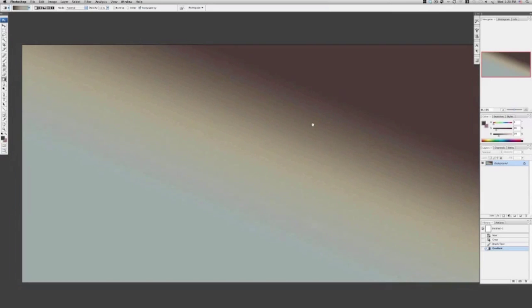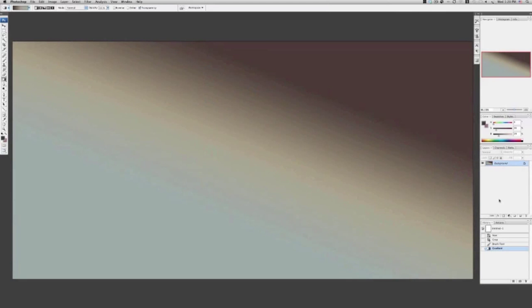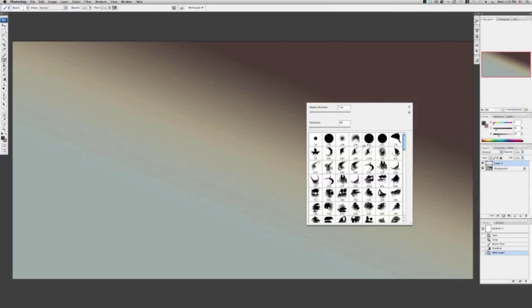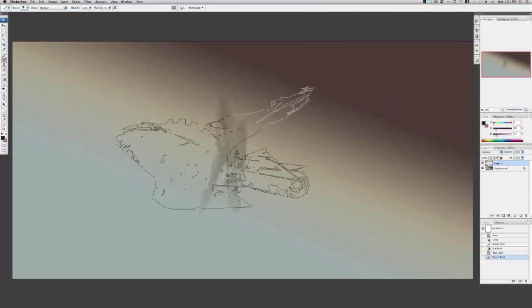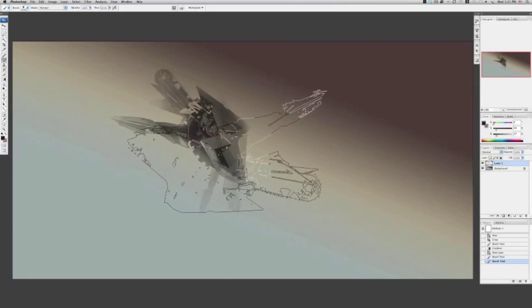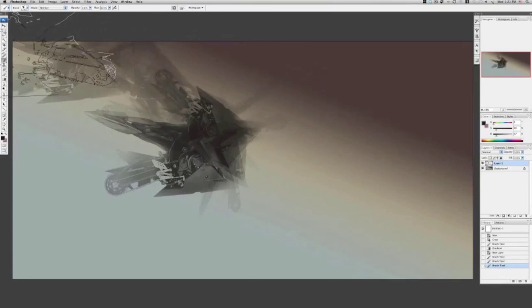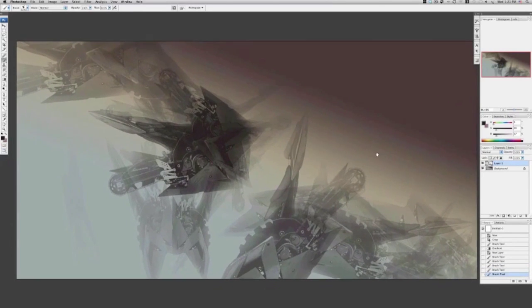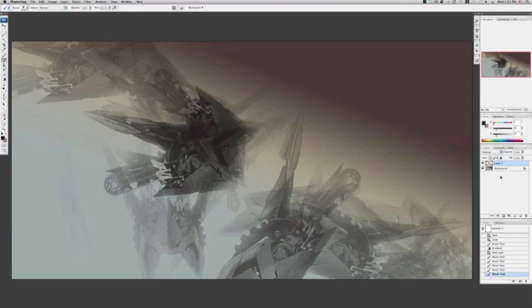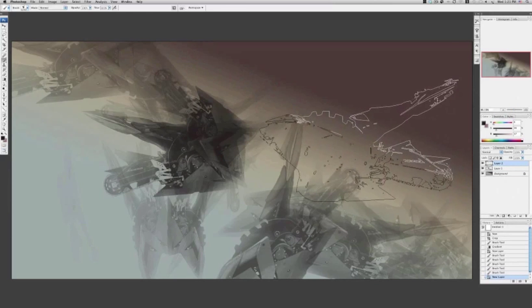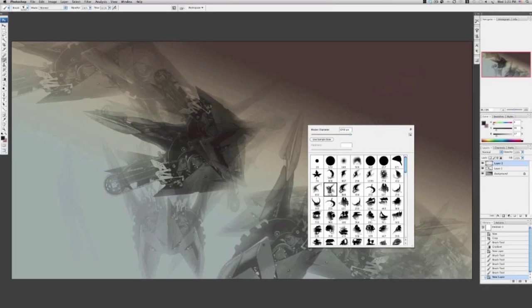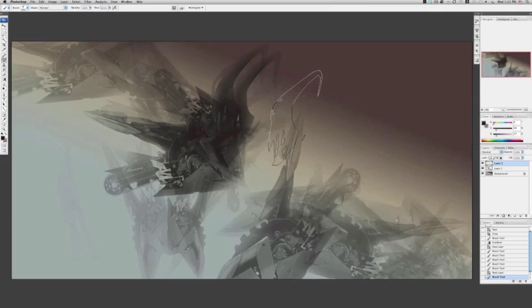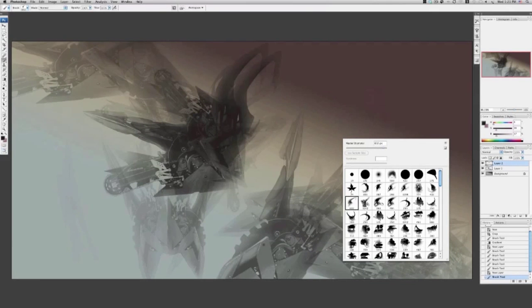Let's jump right in. We usually want to start with a gradient within our environment, something from dark to light. Here I've just used an arbitrary color that comes with the default Photoshop gradients. And now I'm just throwing on a custom brush that I made from a motorcycle. Obviously not a real motorcycle, but of a photo. And I get into that in my brush creation download